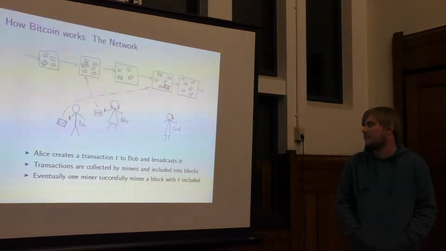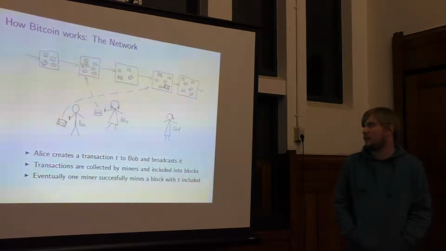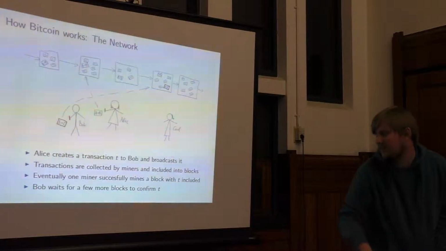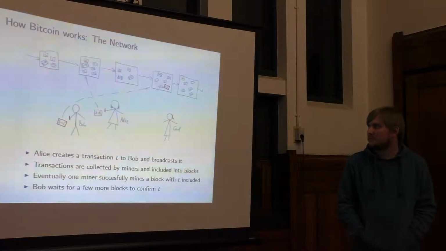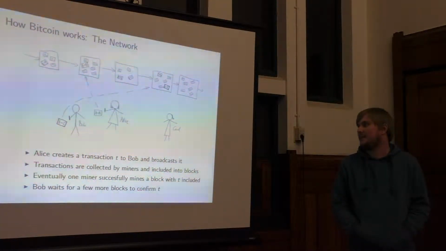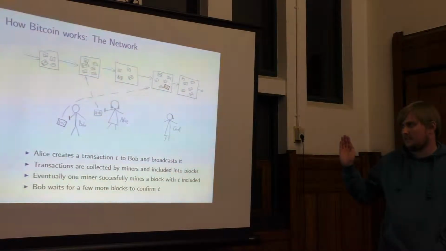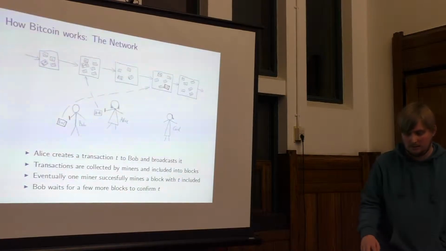At one point in time, if Alice's transaction is valid, it will be included into a block that is winning the mining thing, and after that, Bob can see in the blockchain that the transaction happened. That's the basic idea of how Bitcoin is supposed to work. We'll see later maybe some problems with that. But I wanted to start with that slide to make clear what I was going